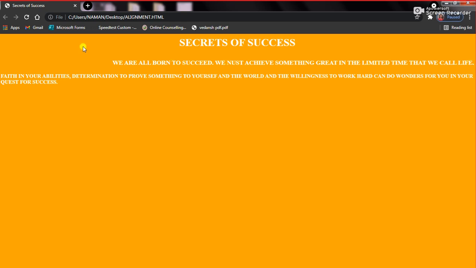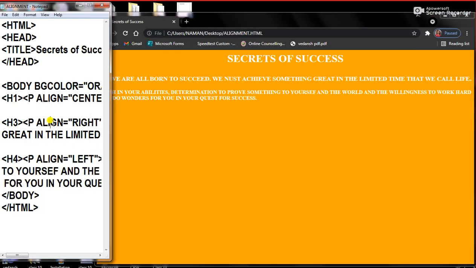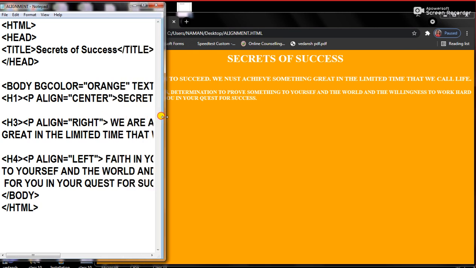The third line is aligned towards the left side, so the paragraph is starting from the left side. If the text is aligned towards the right side, it means the text will start writing from the right hand side. The left side means the text will start writing from the left hand side. So this was the program and this was the coding part which we had written in the notepad file.